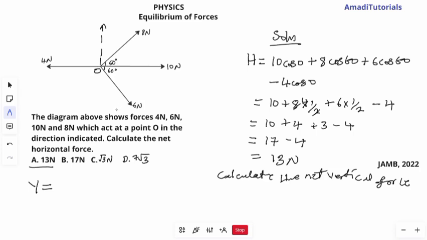However, if you still choose to incorporate these other horizontal forces in the calculation, okay, let's incorporate them and see what will happen. Now let's consider the upward force. Okay, so let's start with 10. 10 is neither up nor down, so let's still put it there, 10. With respect to vertical, you will say 10 sine 0. The angle of this 10 with respect to the horizontal, because since you are doing it with respect to the horizontal, all of them will have to be this. So 10 sine 0